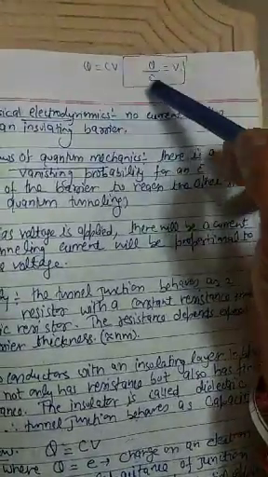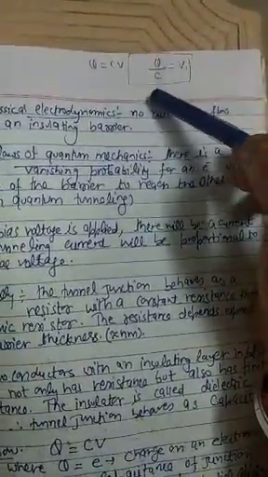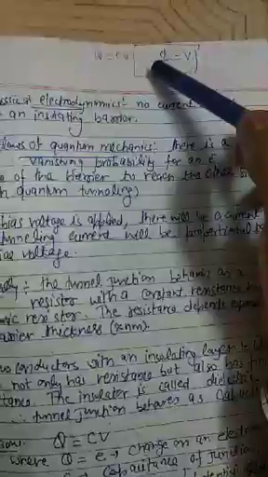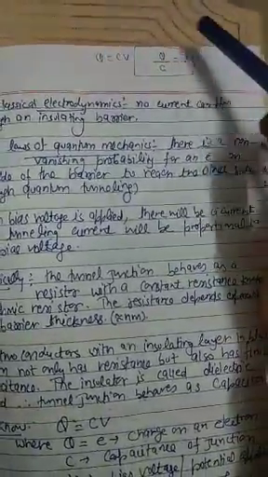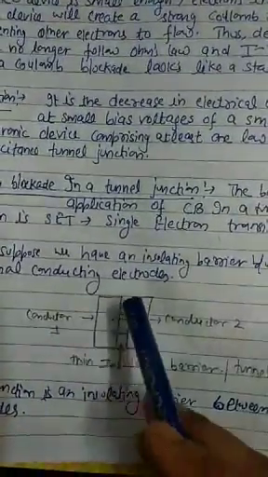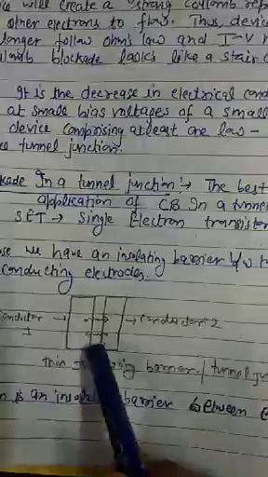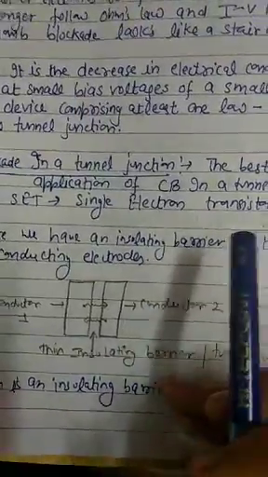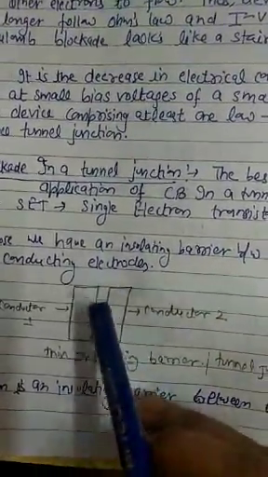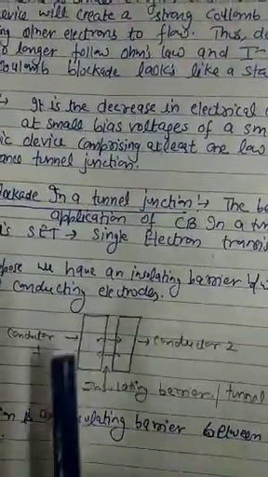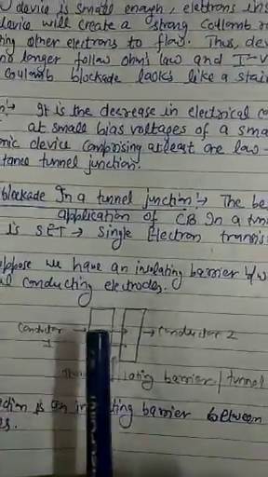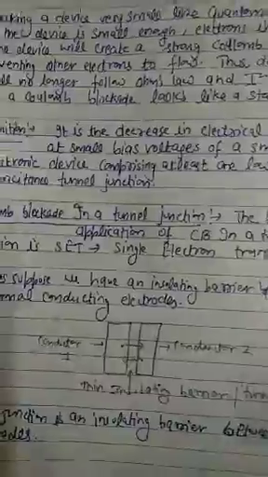Now this capacitance gets charged up because of that elementary charge, and the capacitance is very low. When the capacitance is very low, the potential build-up across this particular tunnel junction would be very high. It means that because of the elementary charge on this capacitance, the potential build-up is so large that it will inhibit the tunneling of further electrons from one side to the other, and this is Coulomb blockade.